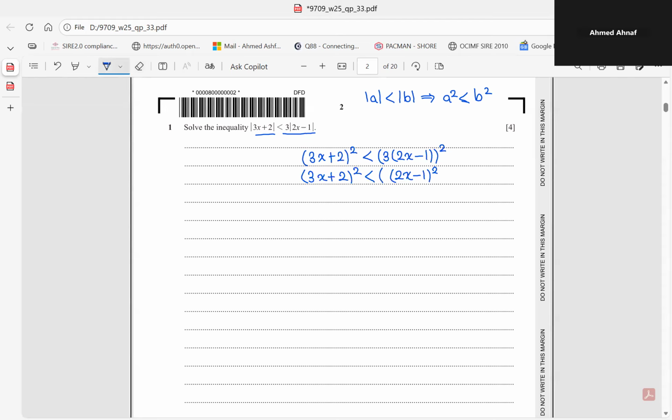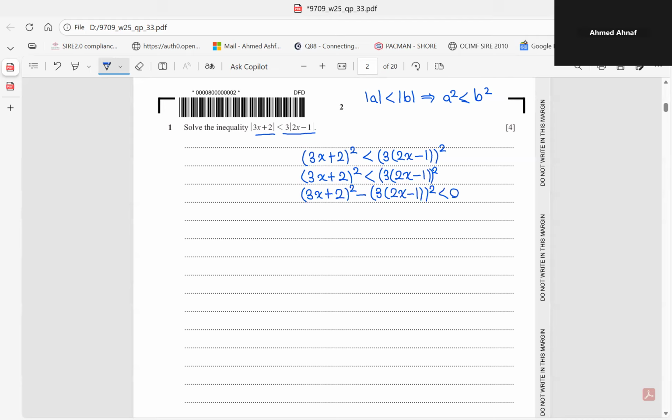Let's not expand it. So now we're going to move everything over to the right-hand side. This would be 3x plus 2 squared